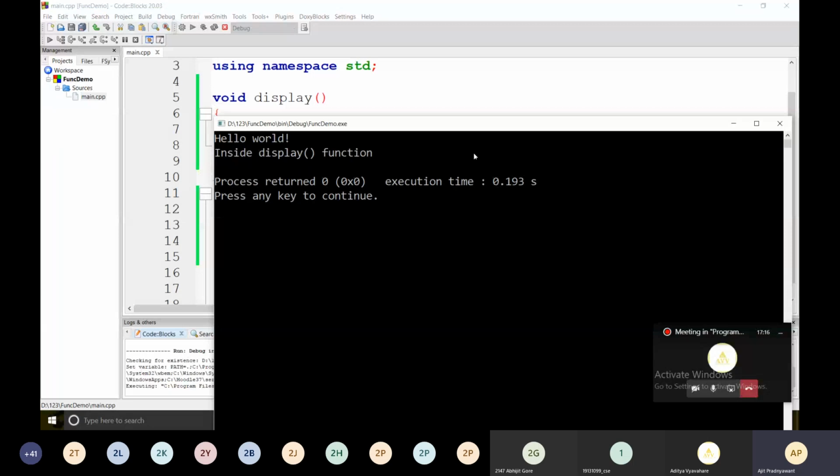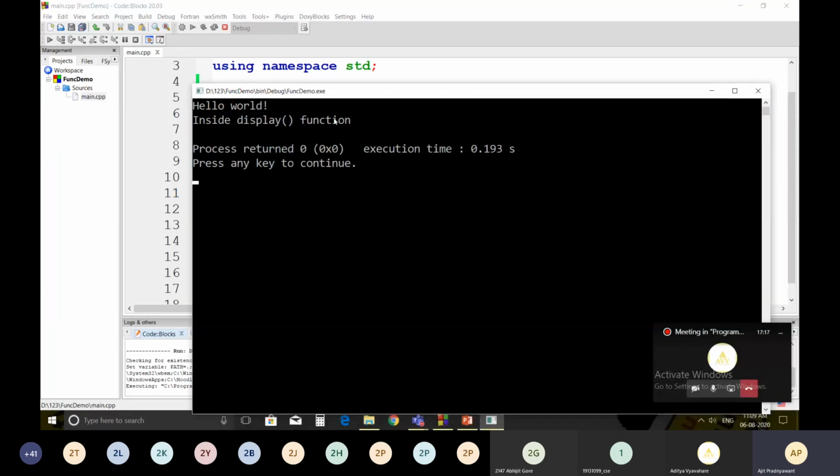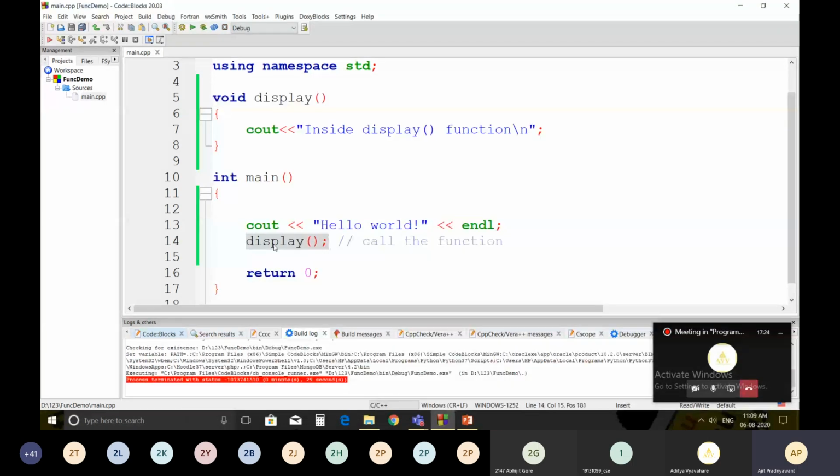So you need to take care while calling the functions from your main. The sequence present in main is maintained while executing your code.